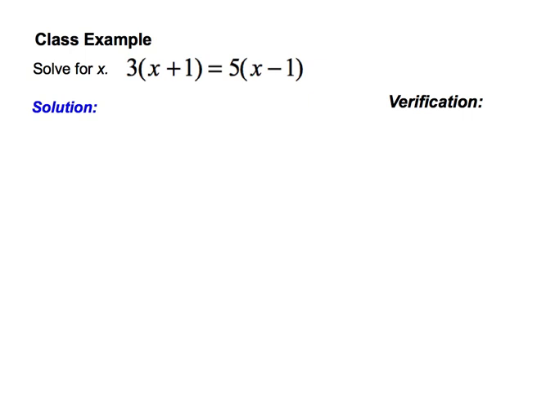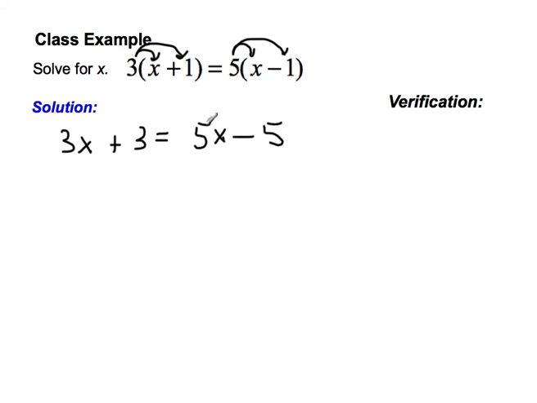Okay, so here's a different type. This is now we're getting to a step 4 equation where we'd have to do 4 steps to get to the answer. As you can see, we will need to distribute this out. Once we distribute this out, it becomes exactly like the question we just were working on. So 5x minus 5. Okay. So once we distribute this out, it now becomes like the step 3 equations that we were just working on. So I'm going to take my variables left,